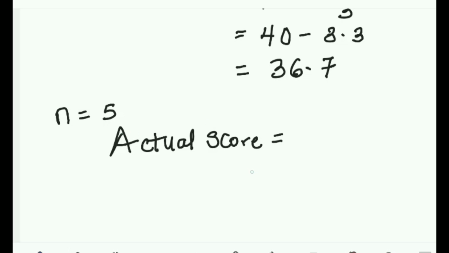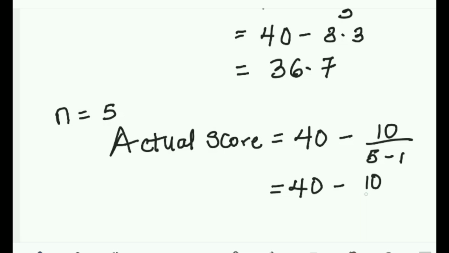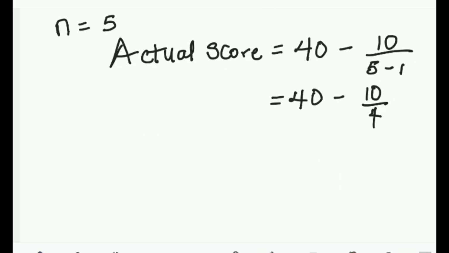5 options. So the actual score will be 40 minus 10 divided by 5 minus 1. So this is 40 minus 10 divided by 4, and this will be equals to 40 minus 10 divided by 4 is 2.5, and the actual score of the candidate is